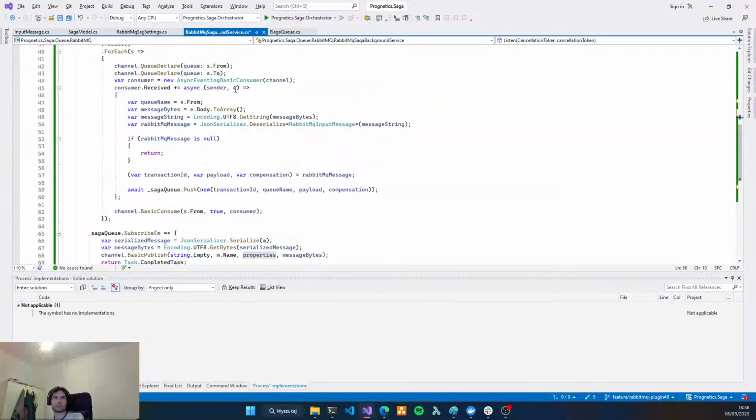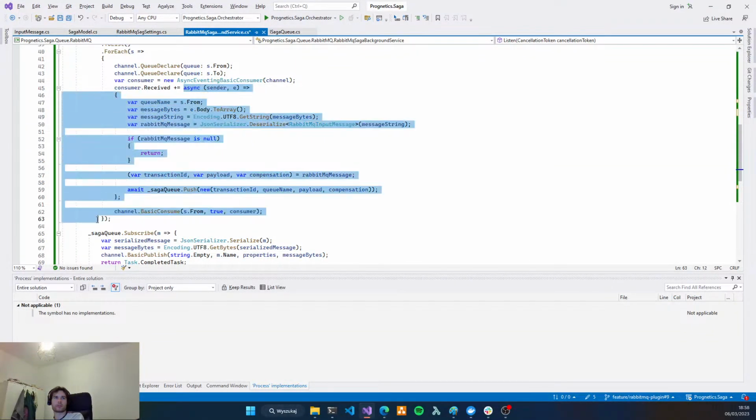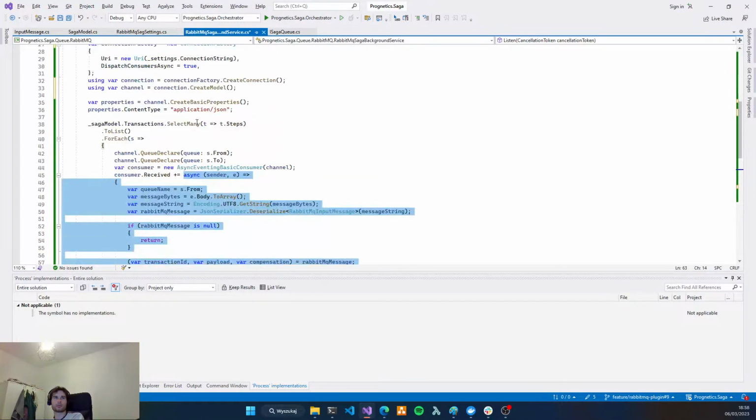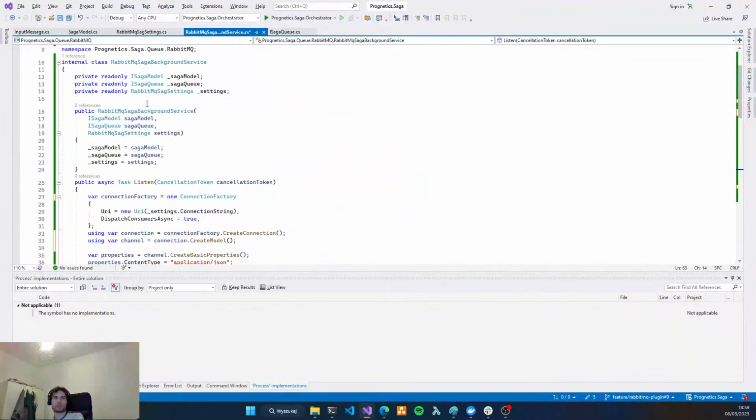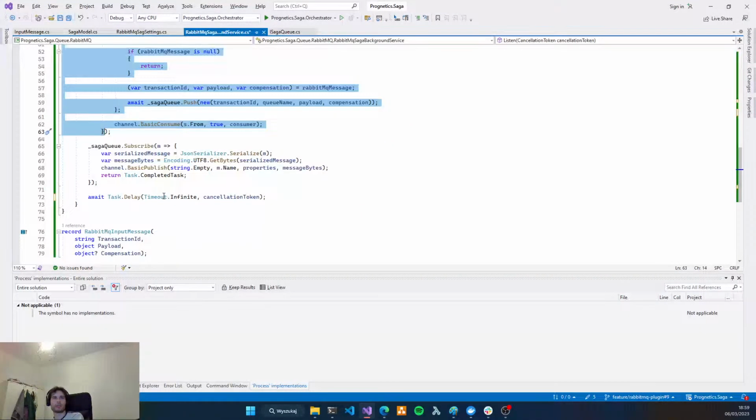For example, we can move this to a service named RabbitMQ receiver.